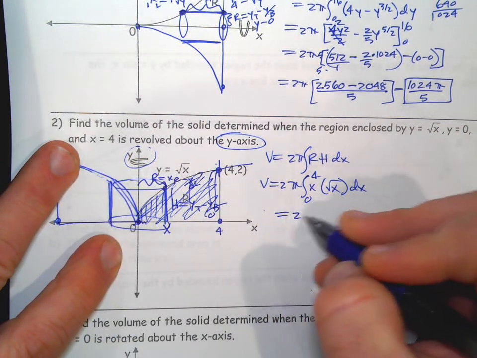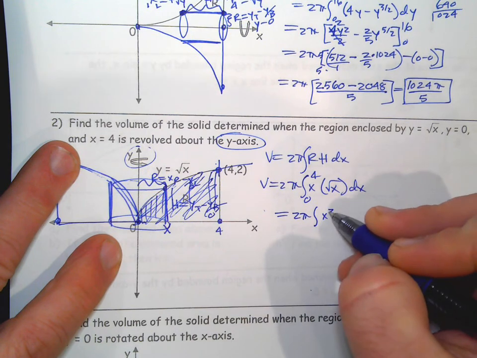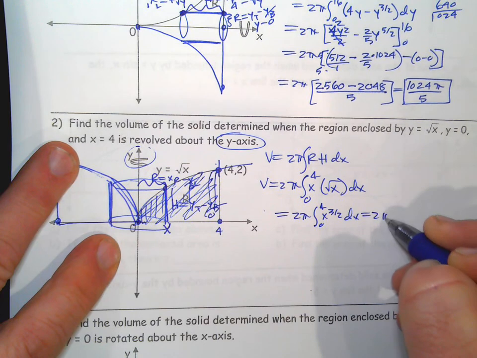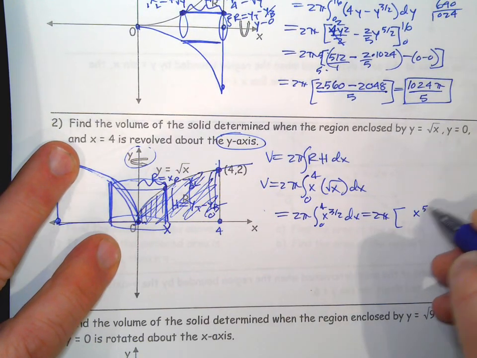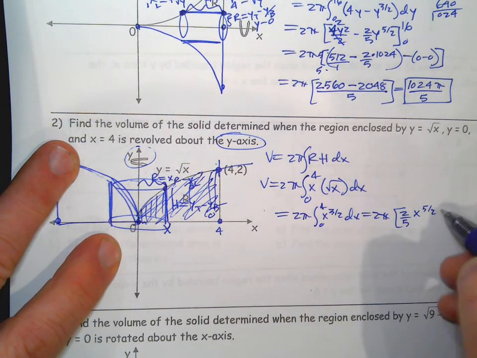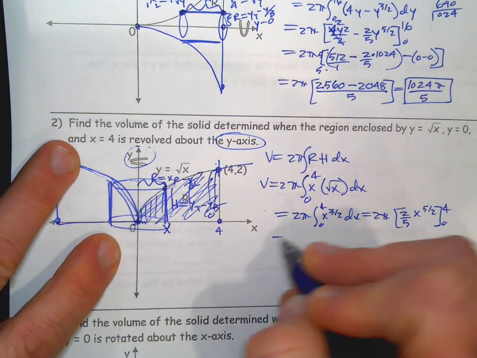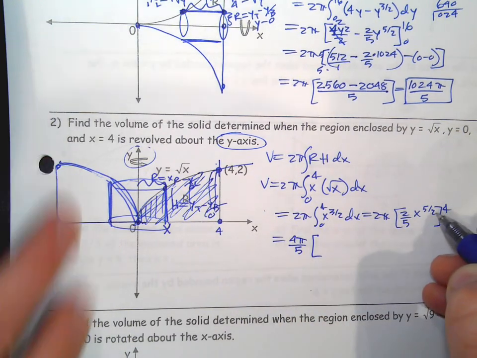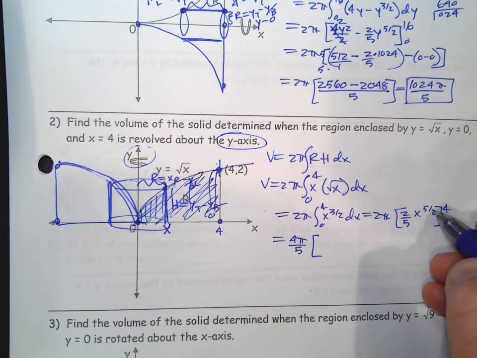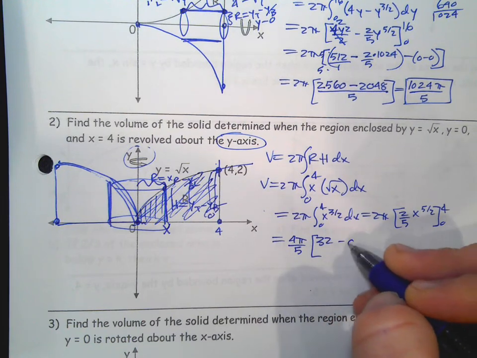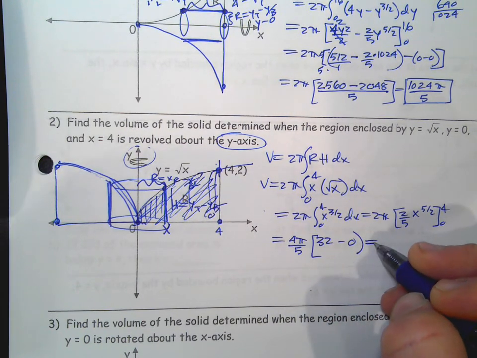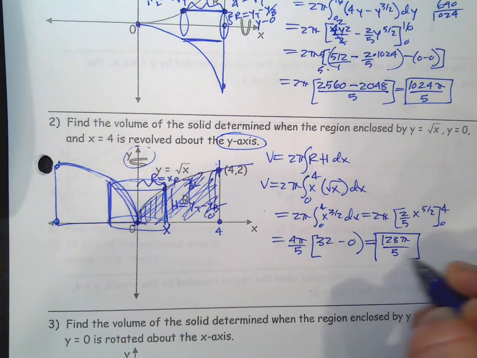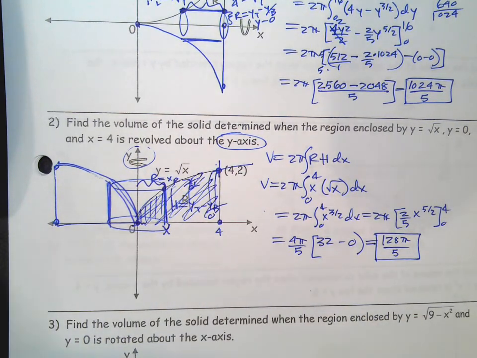So I would rewrite this as x to the 3 halves. Antiderivative is going to be x to the 5 halves divided by the new exponent, 0 to 4. We could write 4 pi over 5. Plug 4 in. Square root of 4 is 2, to the 5th is 32. Put 0 and you get 0. So we're going to get 128 pi over 5 for our answer, which matches what we got when we did